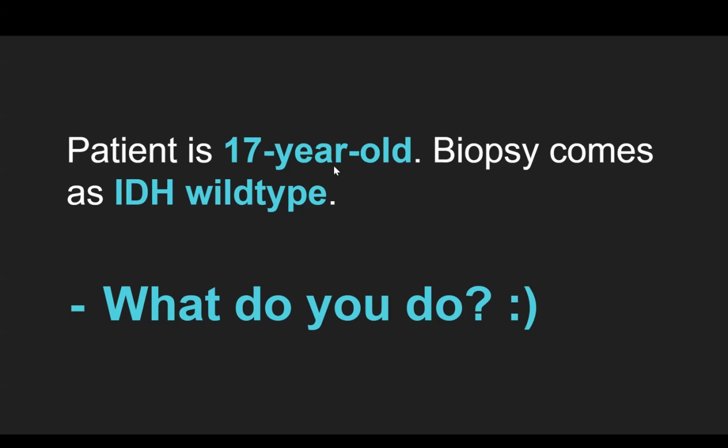That's okay. So the patient is 17 years old and biopsy comes as IDH wild type. What do you do now? What do you ask your pathologist to do? Yeah, Dr. Mustafa. Yes, ma'am. 1p19q co-deleted. Why? Because it mimics oligodendroglioma, ma'am. Oligodendrogliomas are IDH wild type? No, ma'am, they are IDH mutant. Then